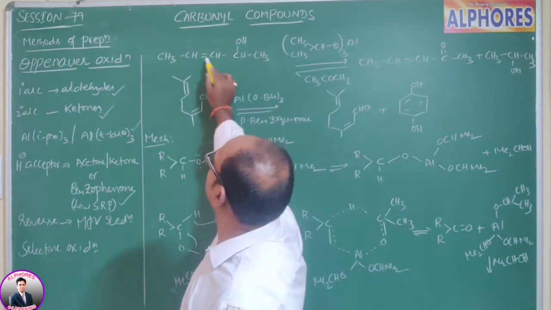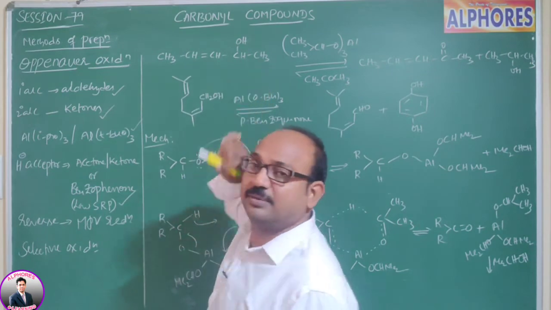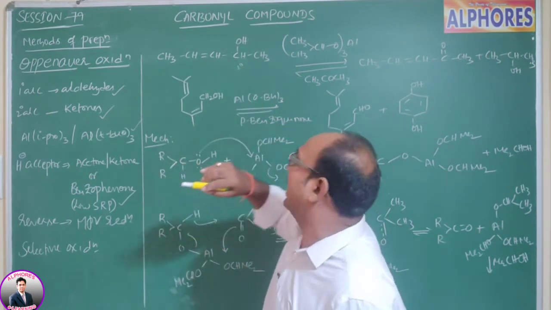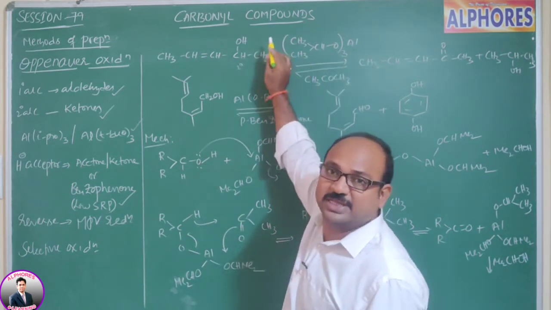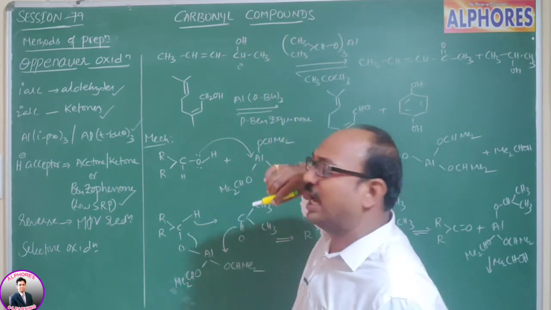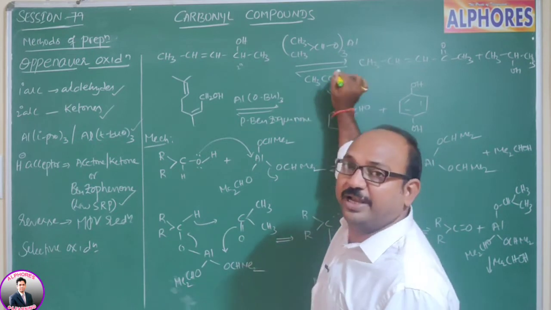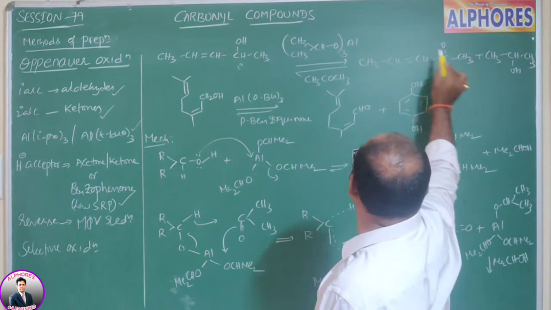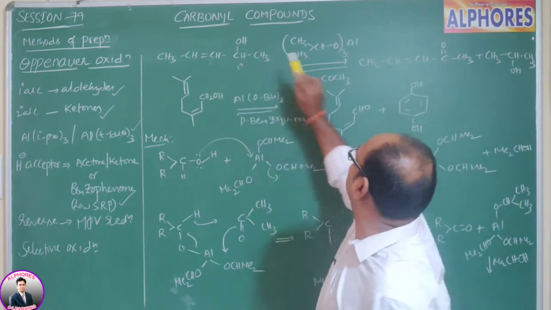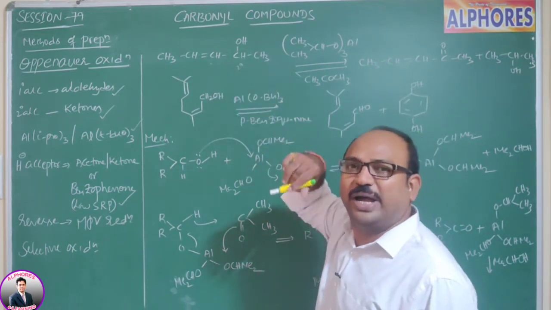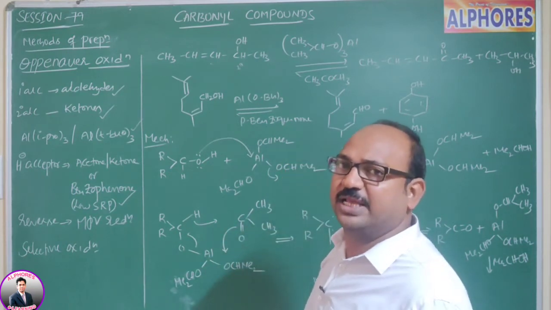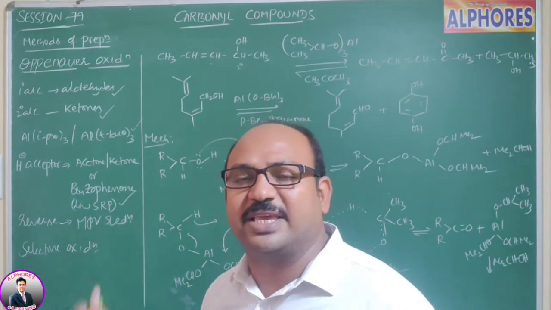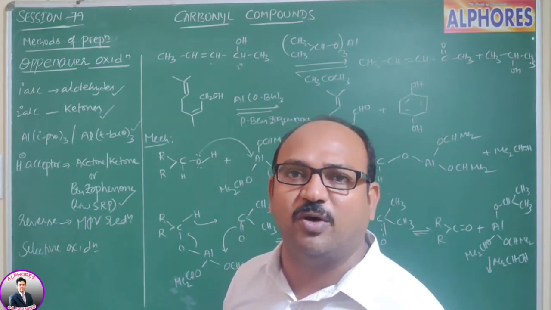Now, let us consider an alpha-beta unsaturated alcohol. This alcohol is a secondary alcohol, which upon reaction with aluminum isopropoxide, an isopropyl alcohol derivative, in acetone solvent, gives C double bond O. The secondary alcohol converts into a ketone without disturbing the carbon-carbon double bond. So why is it not going to oxidize? An oxidizing agent preferably oxidizes carbon-carbon multiple bonds only. But in this case, why is the carbon-carbon multiple bond not going to oxidize?